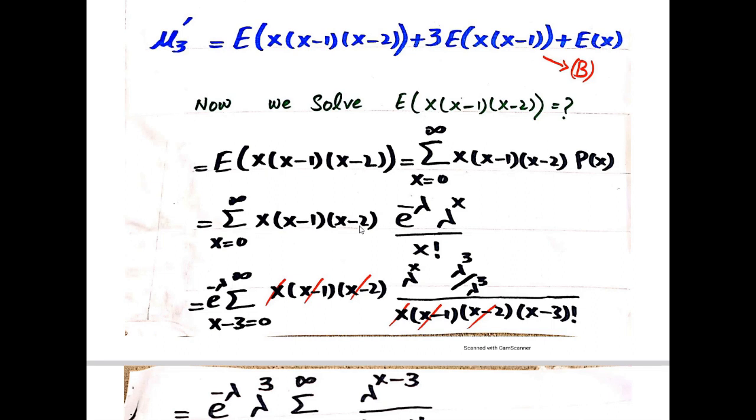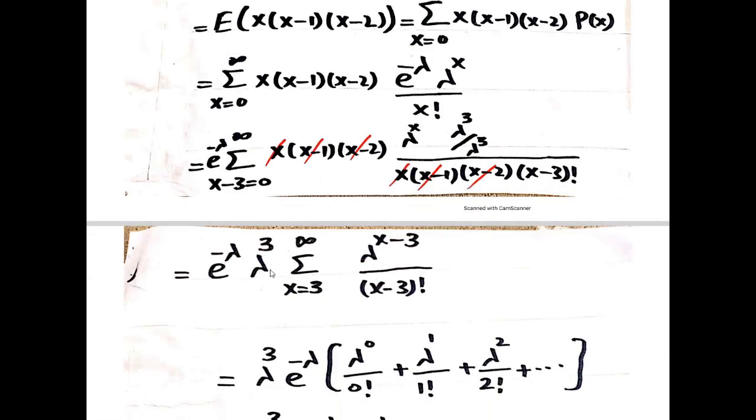So we expand our random variable up to 3 terms. So our random variable starts from x equal to 3 to infinity, and we delete 3 terms: 0, 1, 2. And we expand the factorial here, x into x minus 1 into x minus 2 into x minus 3 factorial, and we multiply and divide by lambda cubed. So take this lambda cubed outside the summation sign: e power minus lambda lambda power 3, summation x random variable from 3 to infinity, because this minus 3 goes to the right side, its minus sign converts into plus,